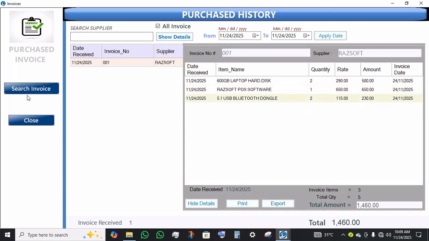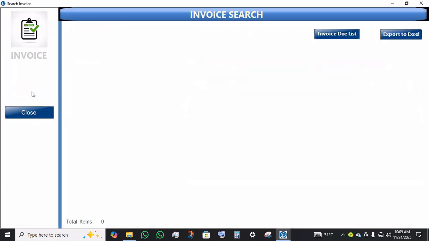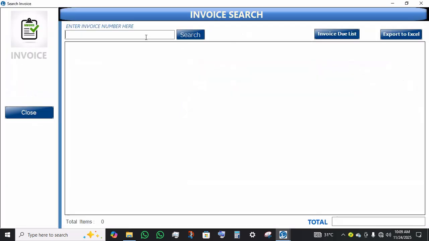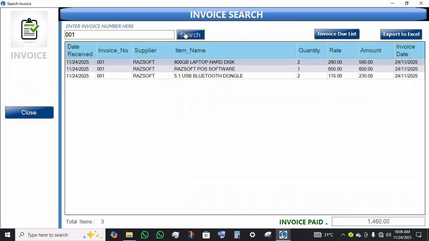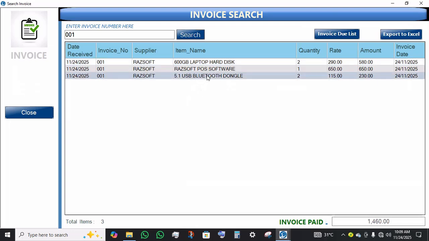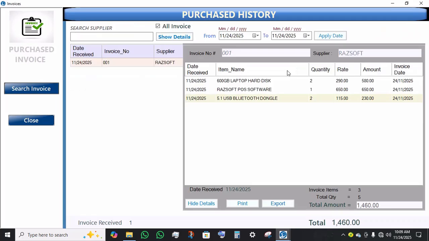Or if you are looking for an invoice, you want to search, quickly click on search invoice. You input the invoice number, then hit search, and you're able to see the invoice, the date you received the invoice, the supplier, the item name, the quantity, the rate, amount, and then the invoice date. That's the date on the invoice. Okay,